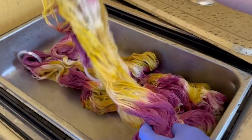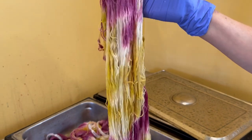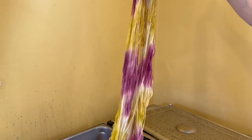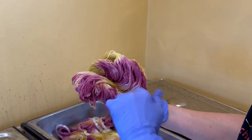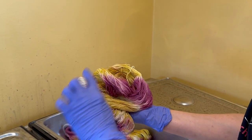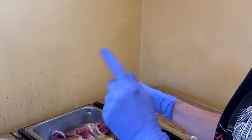So for our first test, I have 4 skeins of pure merino that have already been dyed with some colors on them. So these have cochineal and then fustic and weld. And originally I dyed them like this because I wanted to put them in copper, and the copper should turn the pink into a deeper purple, and it should turn the yellows into a green, and the white undyed portions will be more like an aqua color. Then when we got the Saxon Blue,